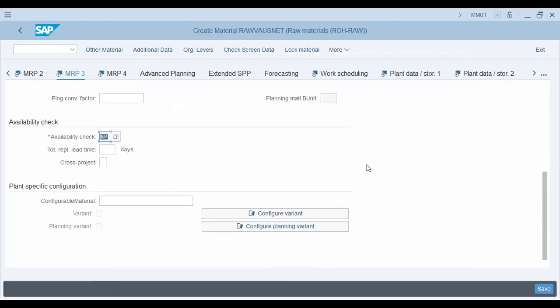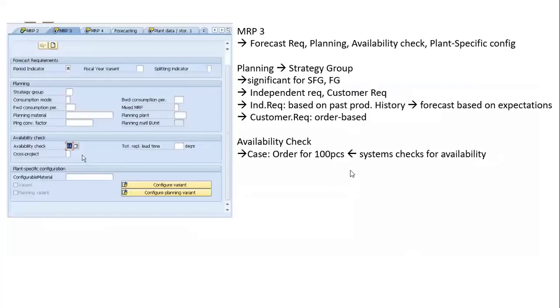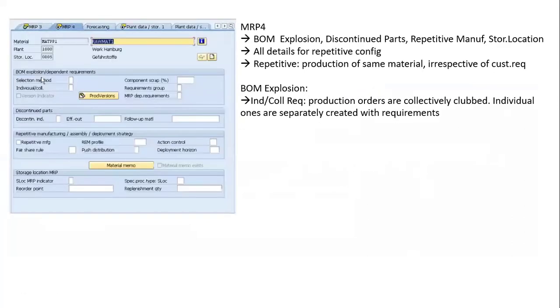We'll just go for KP right now. I hope everything is clear to you. Availability check: the system actually checks whether production assembly is available or not. MRP 4,